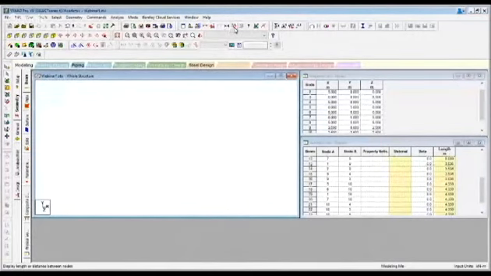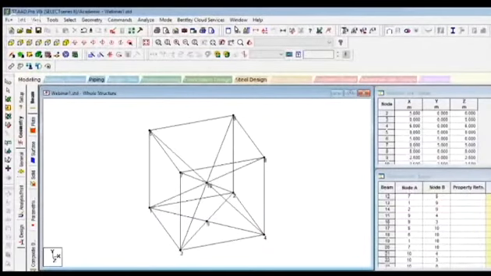Here there is one command, display node to node distance. Can you see this command? Click on this command, select node 1, then go for node 8. You could see this is the entire length of that diagonal, 8.66 meter. Again we'll go, since you know that the side of our cube is 5 meter, we'll check it. It's 5 meter. So using this command, you could measure the distance between any two nodes.